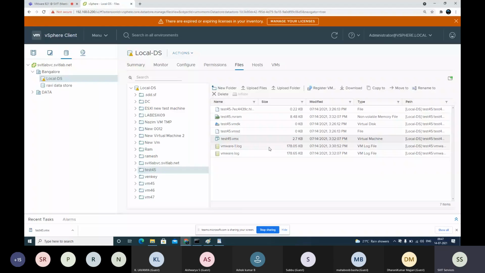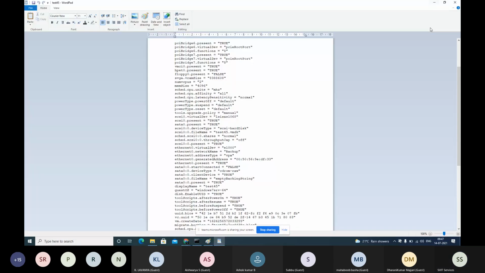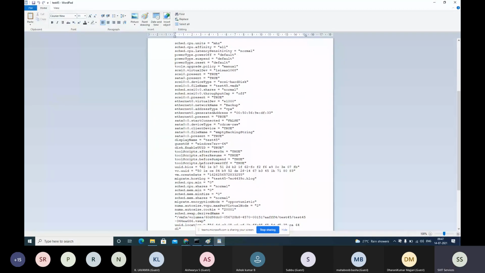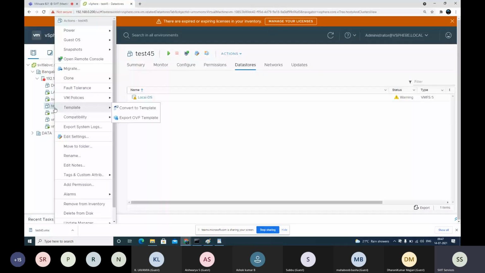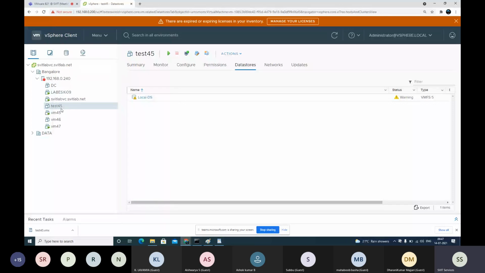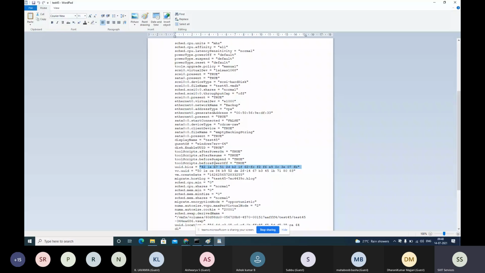Recently we got a practical need to change this ID. Now there is a VM created, right? The VM is created here, test 45. We used to make a duplicate VM from this VM. There is a concept called clone, technically allowed. Another VM with the same content. Whatever data is stored in this machine will be copied into another VM. We get 2 VMs. Once you do that, everything changes.